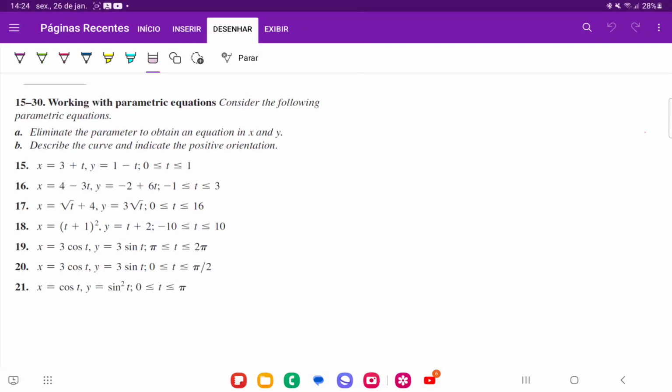For number 17, we're given a pair of parametric equations and we want to eliminate the parameter to obtain an equation in x and y, and we want to describe the curve and indicate the positive orientation. So we're given the two equations that x is equal to root t plus 4, y is 3 root t, and t goes from